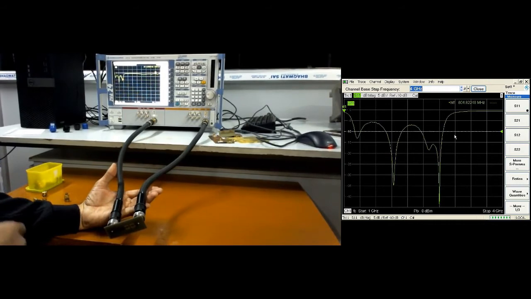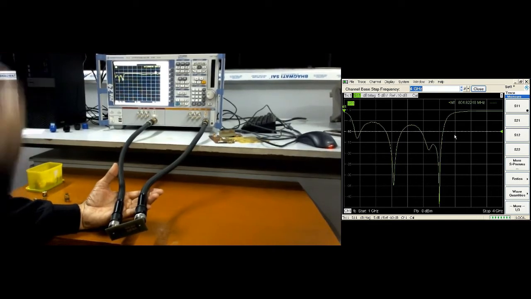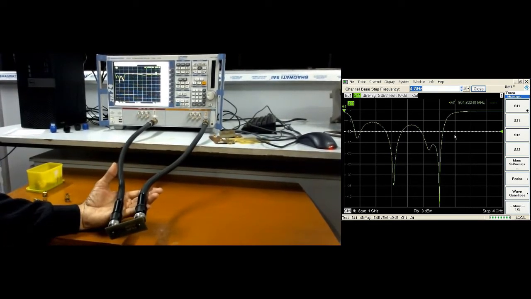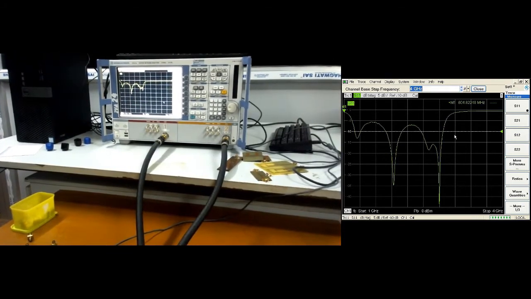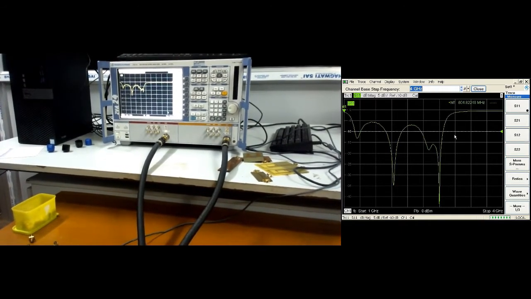Now let's see the screen where we are getting the S parameter for our low pass filter. Now we will learn how to change the frequency as well as power for our experiment.